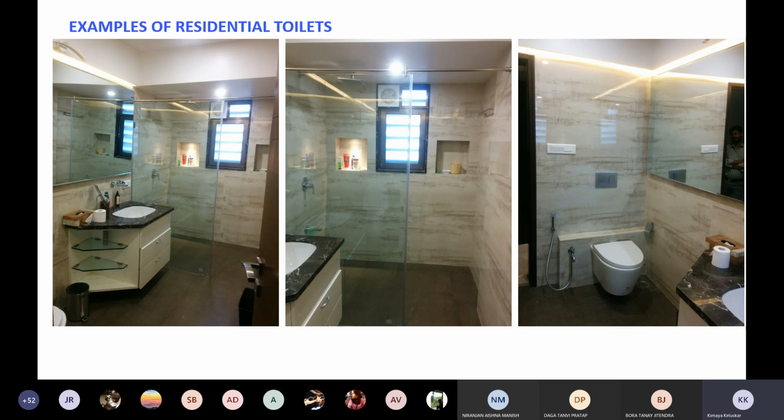Also here the architect has created a niche. These are a few of mine and Durvesh's projects that we have done. This is the niche wherein you can put your storage and stuff like that. You'll always have a holder bar on the top which is holding the glass panel, which is just a partition that it creates between the shower area and the dry area. And then you have the lighting fixtures.